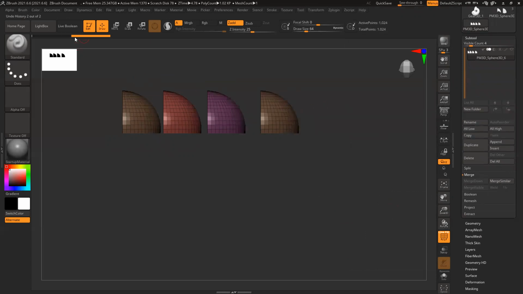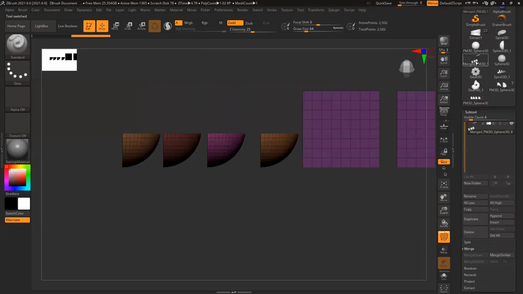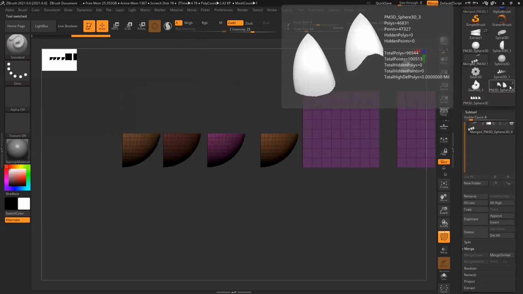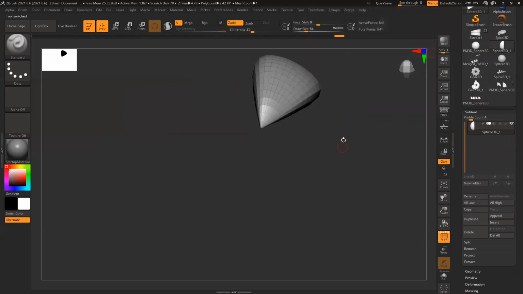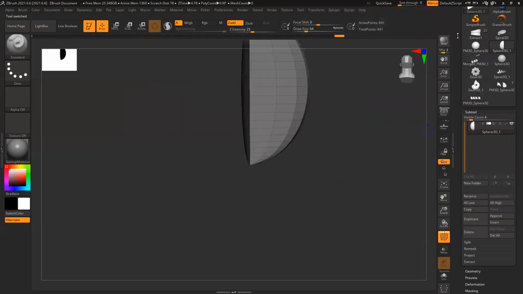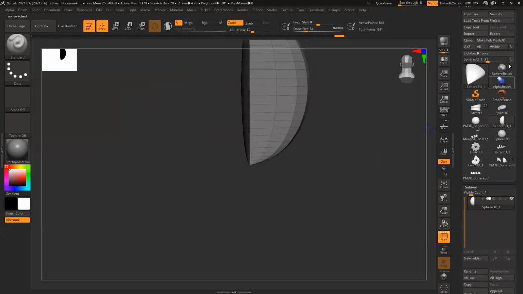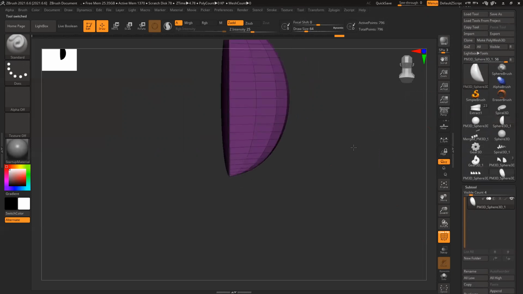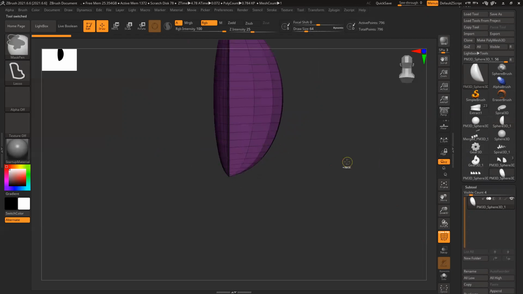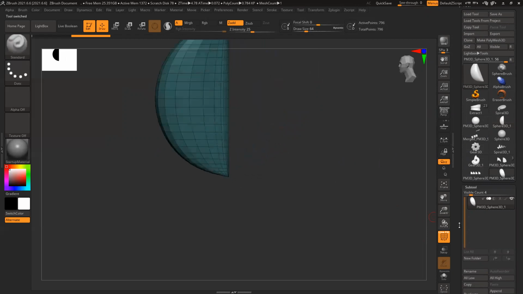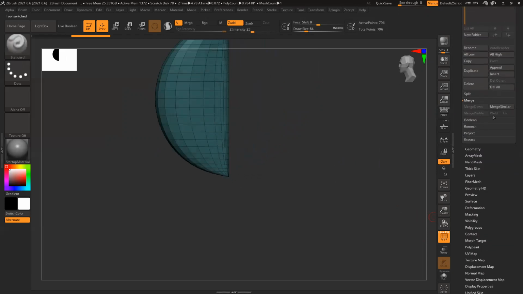So I should undo this, I believe. Okay, this one, Polymesh 3D, Control W, everything same group. So now here you can see there's something called weld and UV, but it's deactivated. You cannot really access it.